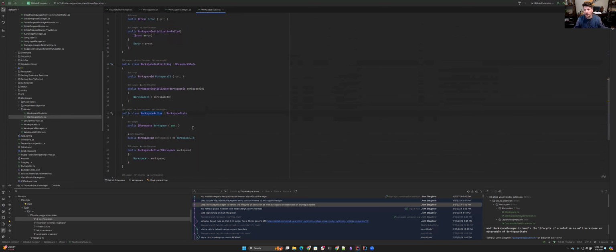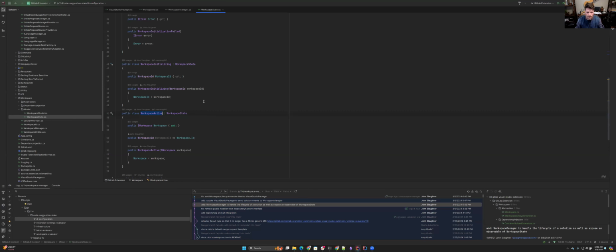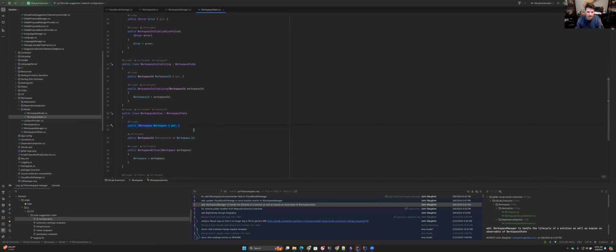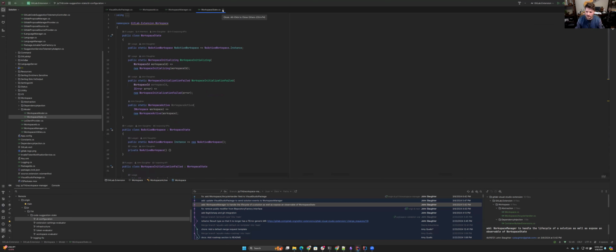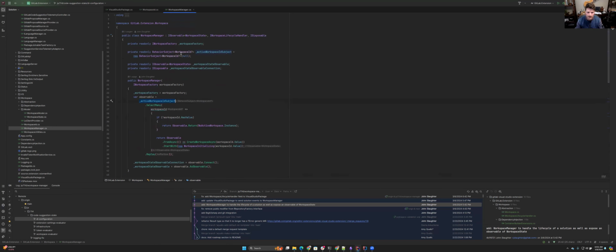I wanted to do this because I didn't want something where you have to make sure you don't use these properties if you are in a certain state. It would end up being null if we were in some other state, if we put them all in one class. So I decided I'm just going to put them in separate classes and we'll do a big pattern matching switch statement on it. Anyways, that's not that big of a deal, but what I've done is I have this workspace